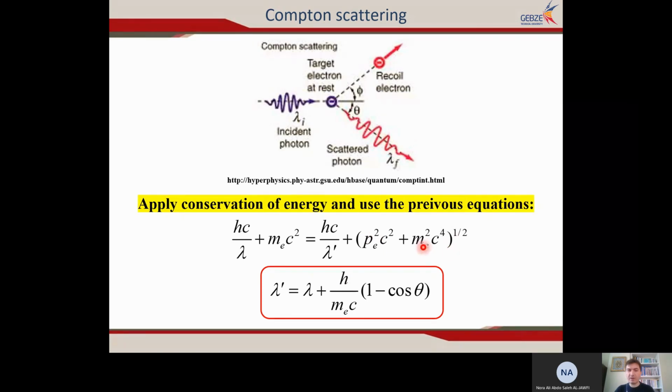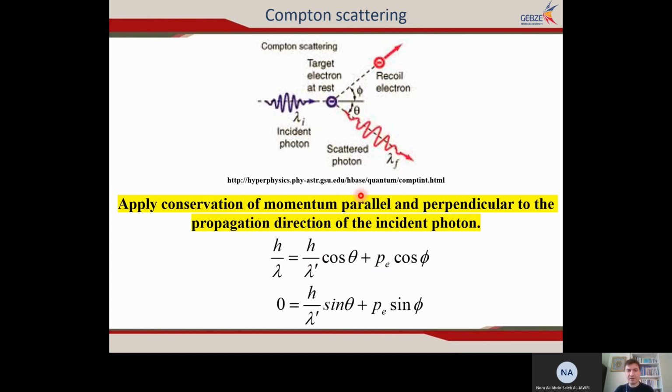So this is the final energy of the electron. I will not go into detail to calculate this one because you have already done these calculations in nuclear and particle physics. So now if I use this equation, and if I use this equation,